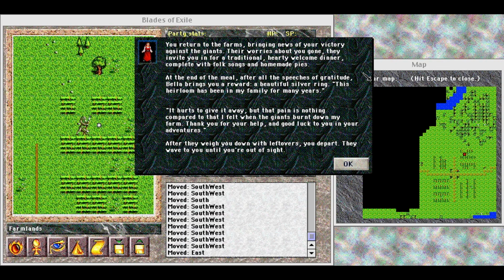Okay, cool. You return to the farms, bringing news of your victory against the giants. Their worries about you gone, they invite you in for a traditional, hearty welcome dinner, complete with folk songs and homemade pies. Pie. At the end of the meal, after all the speeches of gratitude, Bella brings you a reward,